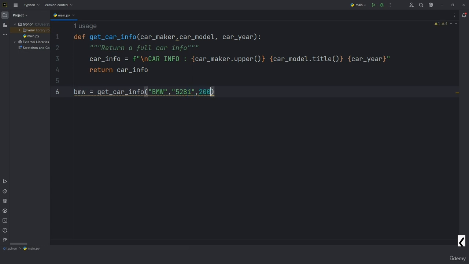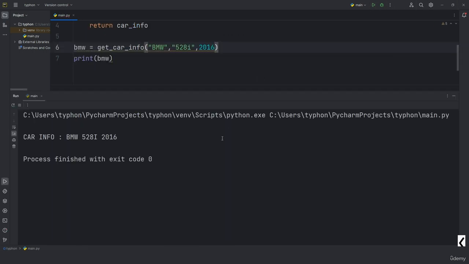And we're also going to enter the car year, for example 2016. And now we will print the BMW. That's it. And here, as you can see, car info BMW 528E,